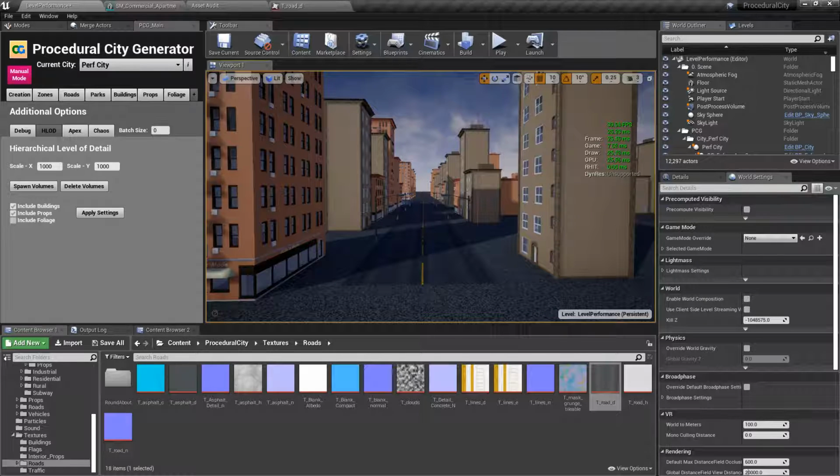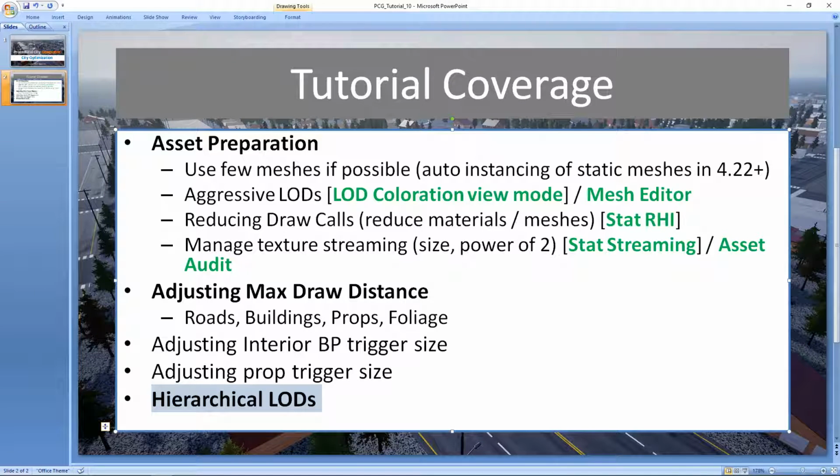Alright guys, I think we hit all of the points I wanted to cover in this video. There are indeed more things that you can do. You can use level streaming, for example, to actually load sections of the city, and you can manually manage your draw distance at runtime. And those are going to be covered in a separate video. I have 2 more videos coming related to performance, but this is just the baseline on how you need to prepare your own custom assets to optimize, and how you can manually change your draw distance to get that target